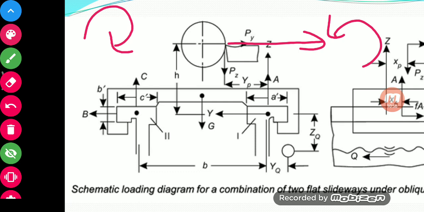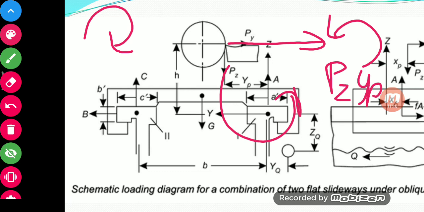So the first one, Pz, was basically an anti-clockwise moment. So we say Pz times yp. That is the first one. Then your